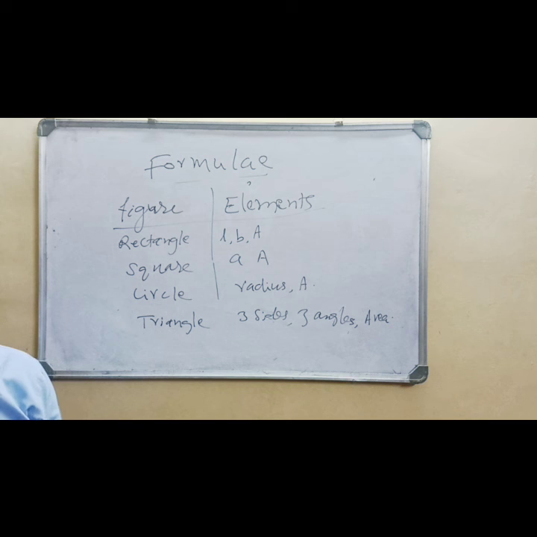Capital letters denote the point, whereas small letters represent the numbers. You must be very careful. But in the case of area, we are making use of a capital letter, even though it is a number. Follow? But usually in geometry, capital letters are used to denote the point, and small letters, the length of the line segment, the definite length of the line segment. So this is about formula.